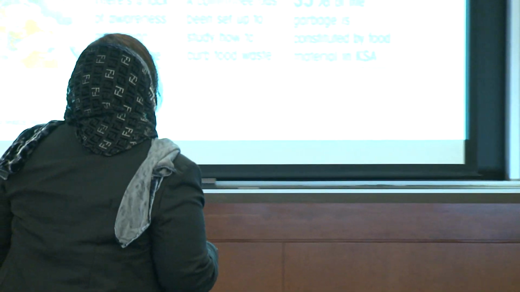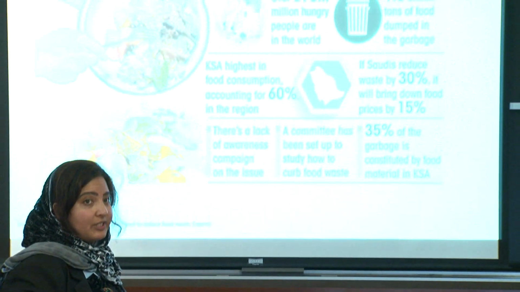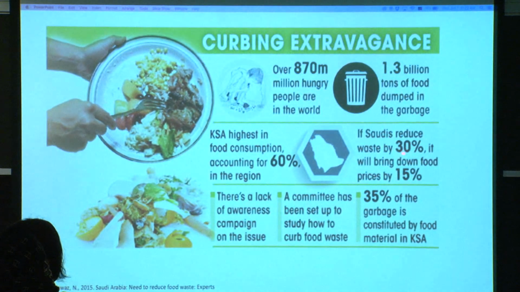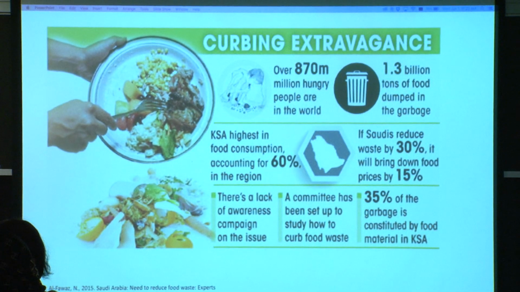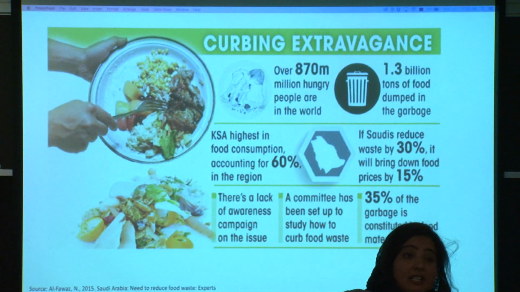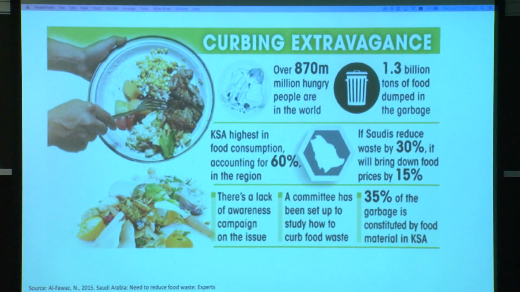Because whether we have an increase in demand for water, energy, or food or not, there will always be waste that we need to deal with efficiently. And Saudi Arabia is considered one of the highest in food consumption, and we need so much data, interestingly, about Saudi Arabia and food waste, and we need to reduce our waste by at least 30%. Of course, the food waste issue in Saudi Arabia, as in many other countries, can have many social factors contributing to it, but this doesn't neglect the fact that we have waste that we have to deal with in order to deal with the whole problem.